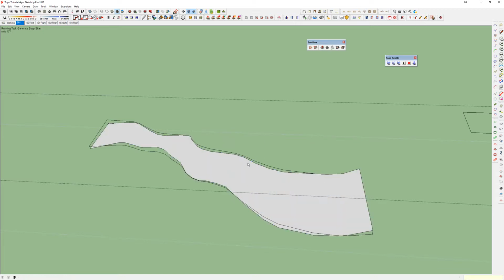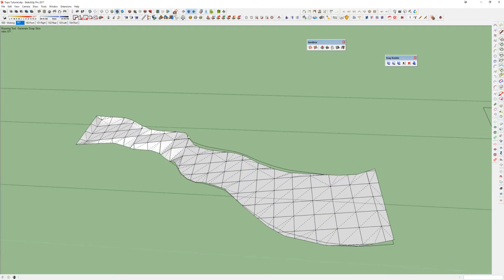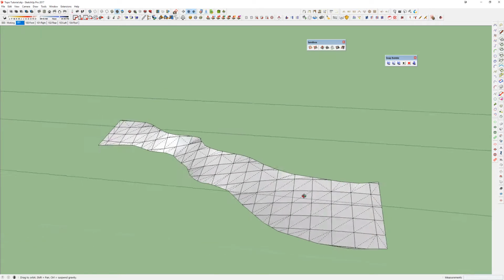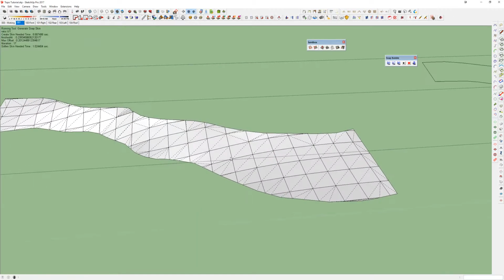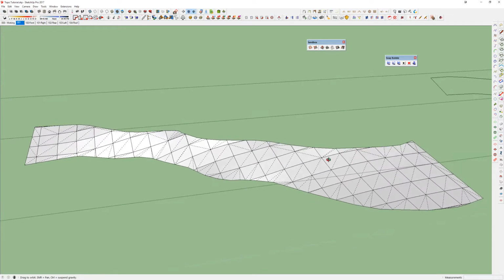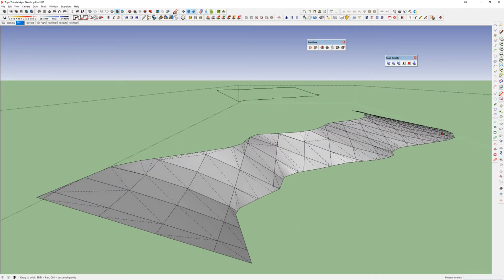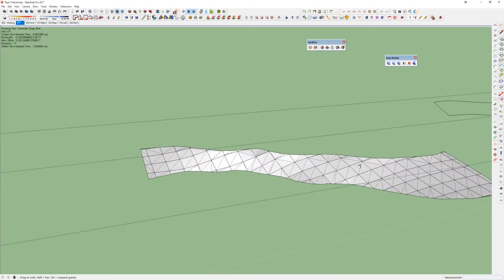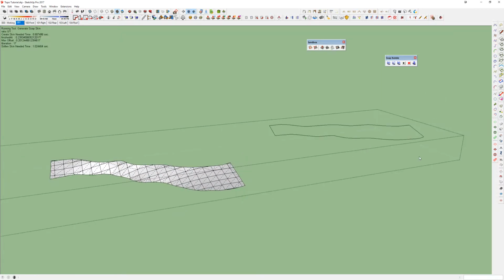I'm going to hit enter, and you'll see that it's now going to create a calculation of this. And it's going to fill in all the edges. And then you'll see it kind of blows up with air. And this creates what's called a mesh network, a quad mesh network, where everything has 4 sides instead of 3. It creates a little bit of a smoother approximation of your topography. So it takes longer, and it uses more resources, but it definitely creates a nicer, smoother topography. And if you really want to take the time,